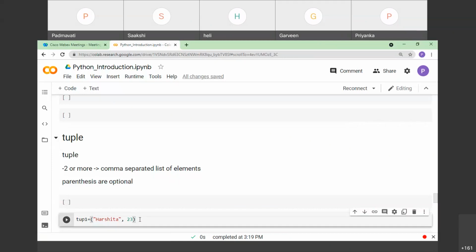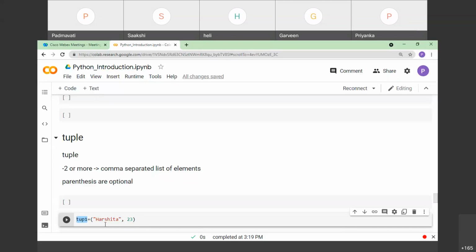In this particular cell, the one which I have highlighted, I'm trying to create one tuple named tup1, and inside this I have two elements. Here the first element is a string and the second element is an integer type, right?